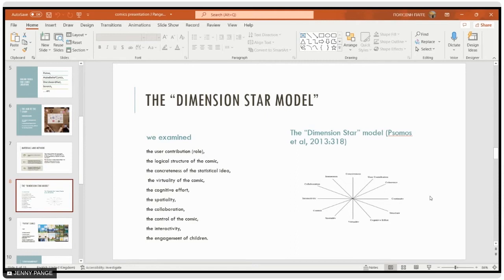It's not so easy sometimes to write a story, because if you want to write a story for, say, games or for statistics, it's very difficult to find the heroes and to find the exact story which will be good for that idea. The interactivity and the interaction are very important, and the engagement of children.